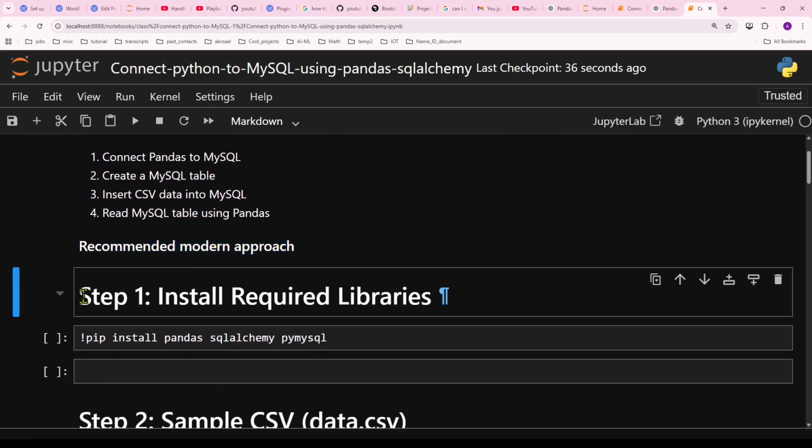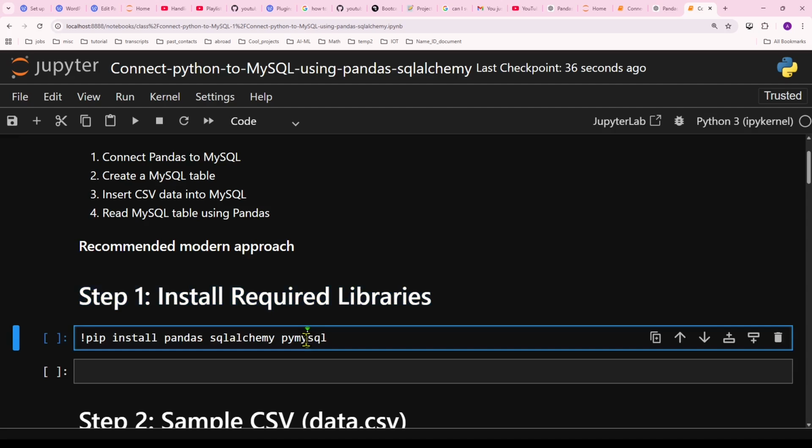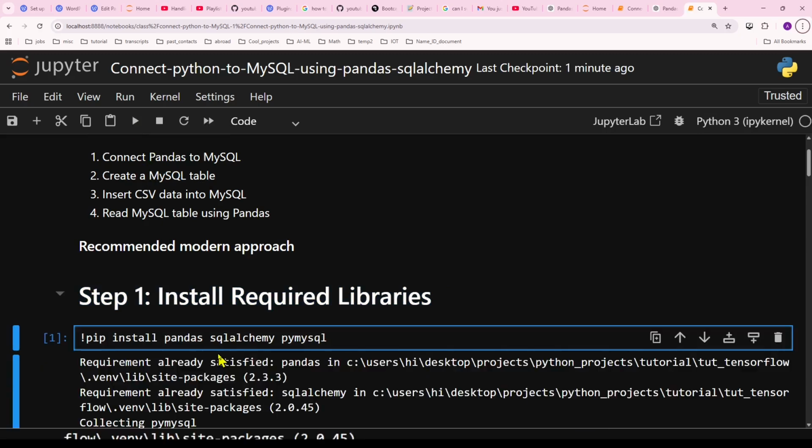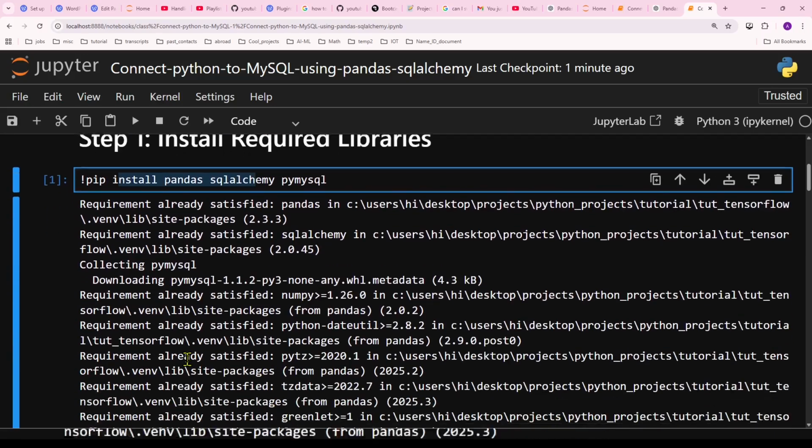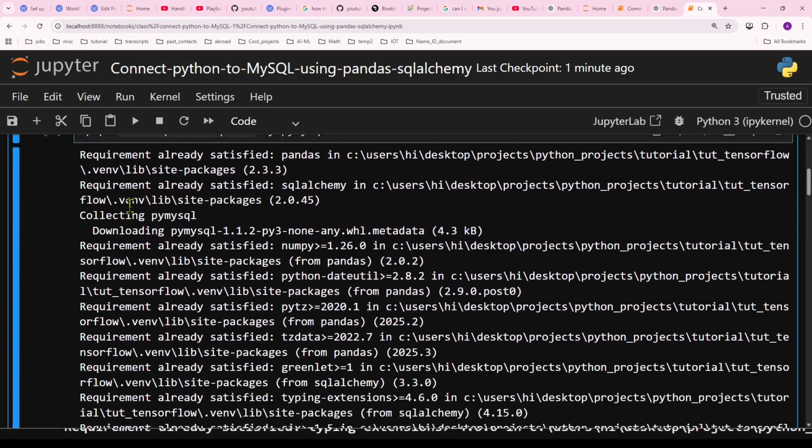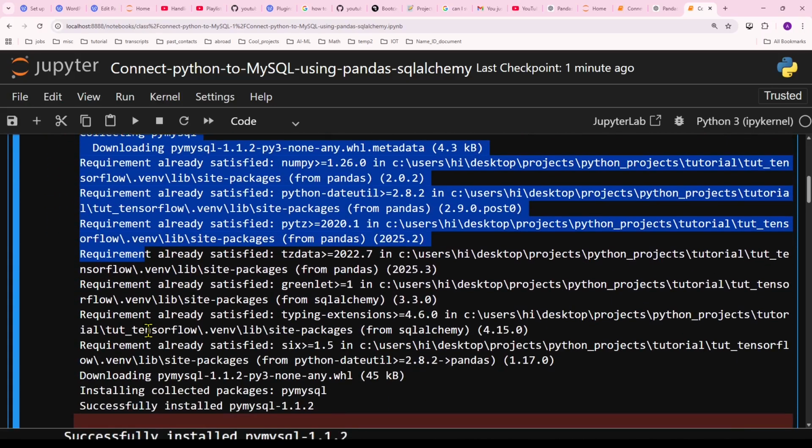So step one, make sure you go ahead and install the required libraries. You need pip install pandas, SQLAlchemy, and PyMySQL. So go ahead, run this cell, and that's going to install the necessary libraries. Now this has been successfully installed. I installed pandas, SQLAlchemy, and PyMySQL. You'll see a message something like this right here. It took me like 2 minutes to get installed. In your case, it may take anywhere between a few seconds to a few minutes, depending on the speed of